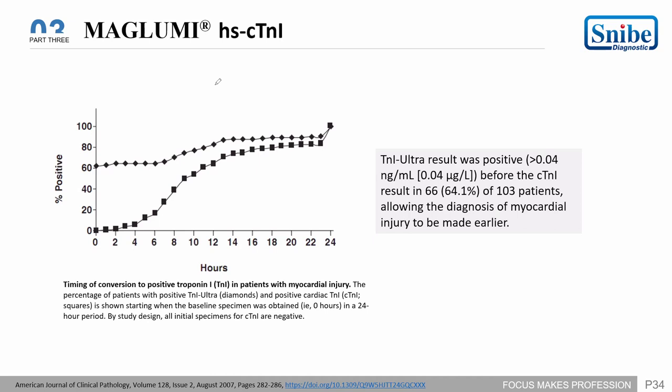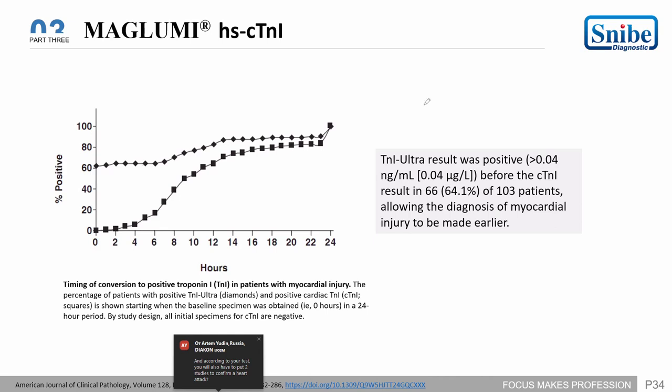So I'm just talking about the troponin T versus the troponin I. The diurnal variation also occurs in the troponin T, and in the muscular dystrophy case it also occurs. I have some evidence that I can show you in the next slides about the troponin I and the utilization of the high sensitive assay. I will share with you some factors. Sure. So this is the time of conversion, in which you can see that the baseline specimen was obtained at 0 hour, and then